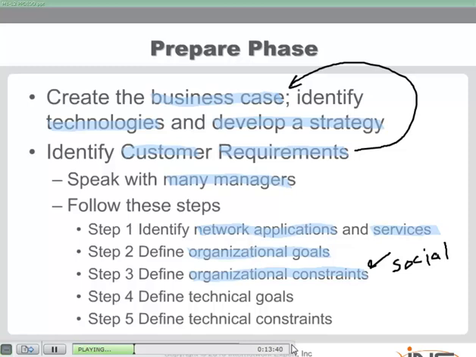Another big one is technological constraints. So that could be a major overall organizational constraint. Maybe they just have been absolutely behind in the technology race. Maybe they've just done an absolutely terrible job in trying to keep up with any modern technologies. Well, that would certainly be under the organizational constraints. That would be just a broad category of organizational constraint, and that is they just haven't kept up at all